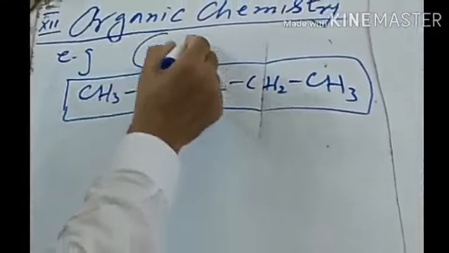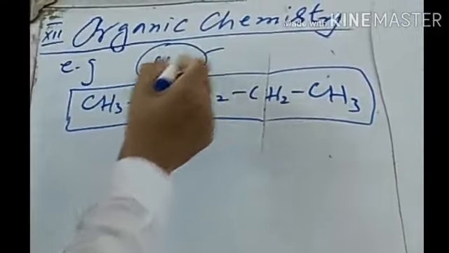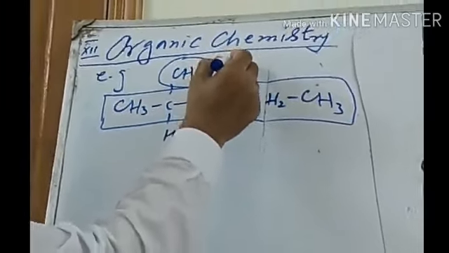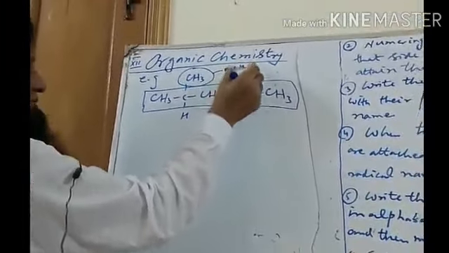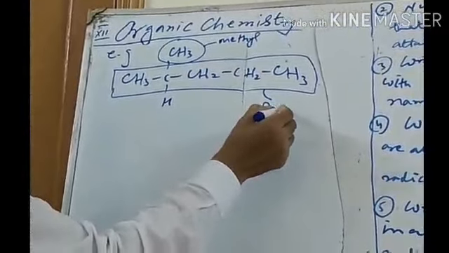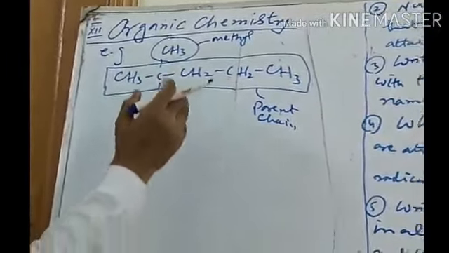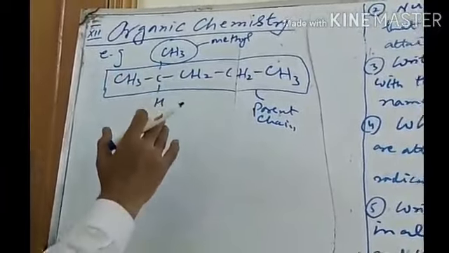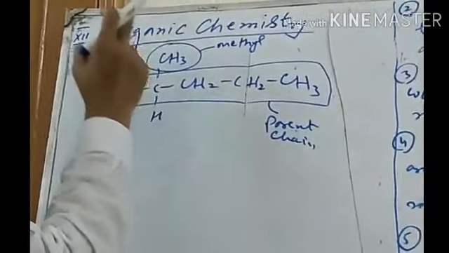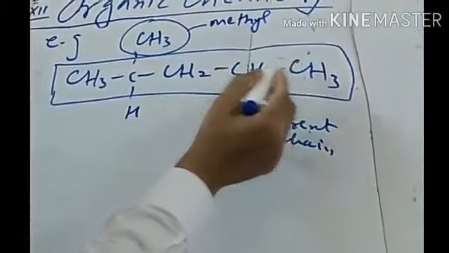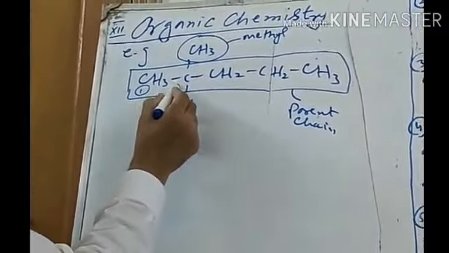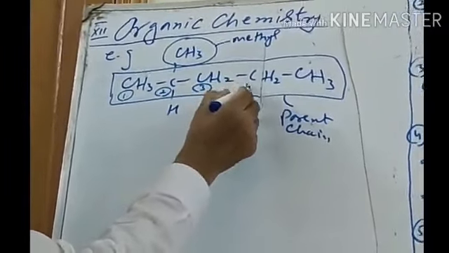Now what is outside this chain is called the radical. Since it is methyl, CH3, we can write this as the methyl, and this is the parent chain. So the maximum number is 5. Now the second rule: numbering should be started from the side to which the alkyl radical attains the minimum position. If we start from here, 1, 2, 3, 4, this is wrong. Starting from this side, 1, 2, 3, 4, and this is the 5.